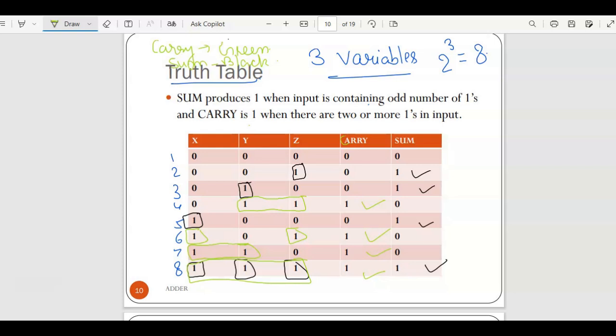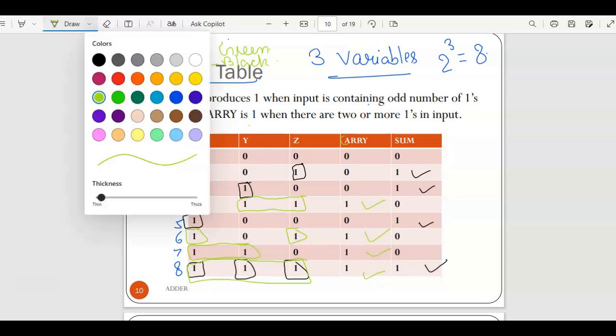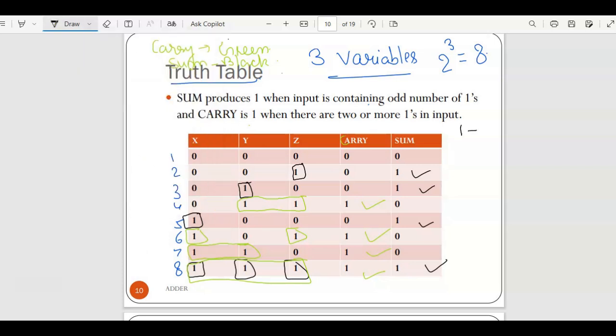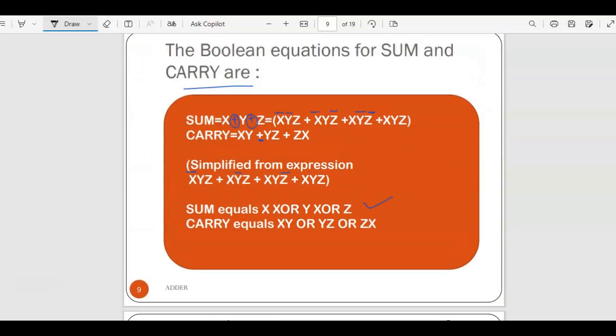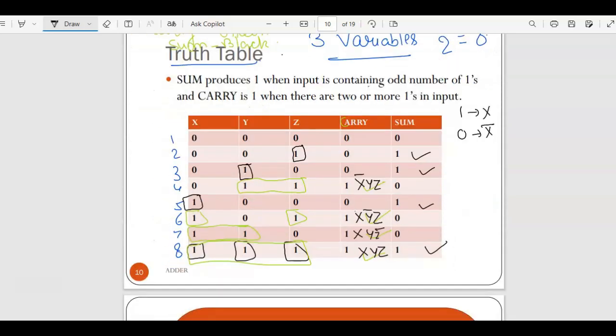Okay. And if you write it in the form of an expression, let me write down the expression also. So 1 we are representing with x, and 0 we are representing with x bar. So please check it here. You have x, 0 is x bar yz. So please write it down: it is x bar yz. And when you check for this, it is x y bar z. And this one is x y z bar. And this is x y z. So when you form the expression, you will get the same which I have written there. Here only you can see the sum. You can just relate it with the same. You will get the same output, right? You can just add them all.